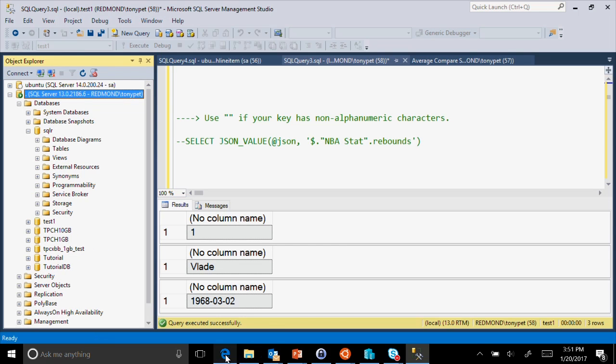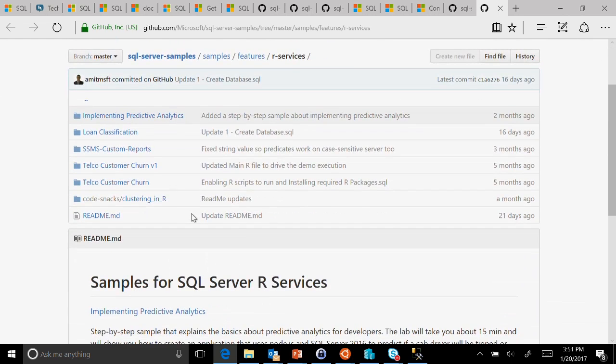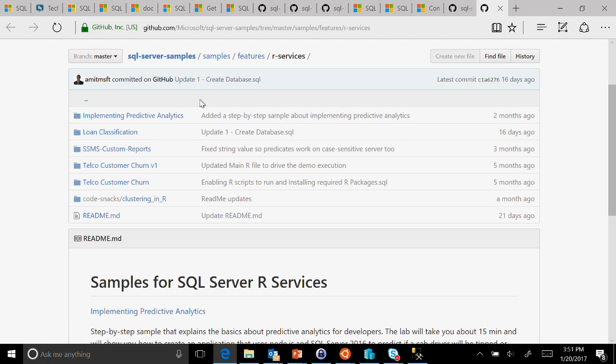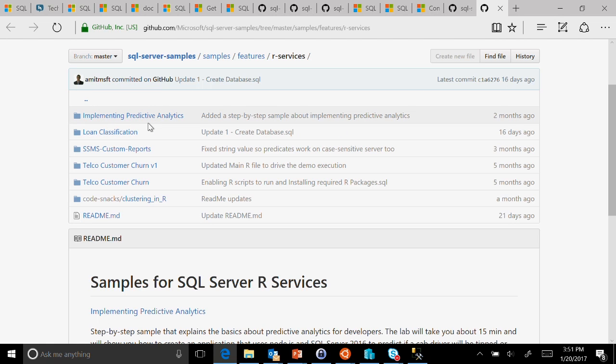So let's do this. I'll go to the R samples. So again, GitHub, Microsoft, SQL samples and the features. And so the loan classification, we actually work with the customer, so we have a bunch of the stuff here.